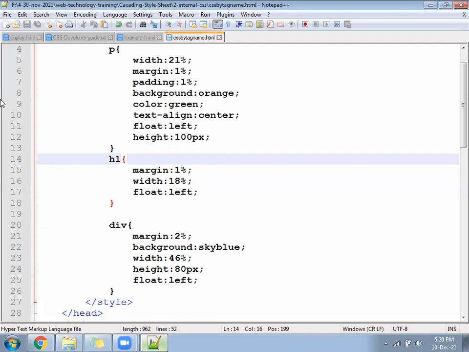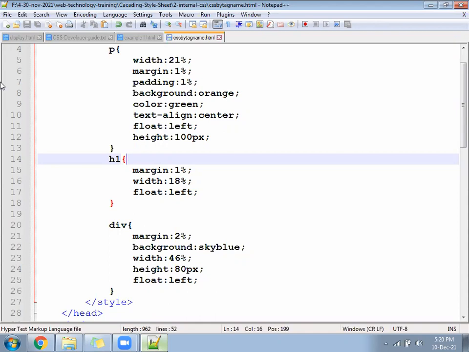Total height itself is 100. If you give margin top 50, then the content will not come in the center. If you give padding top 40 pixel, then the 10 pixel is required to print the line, so your text will be in the center. Yes, sir, it's working.